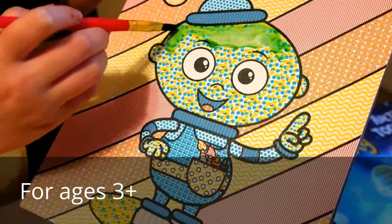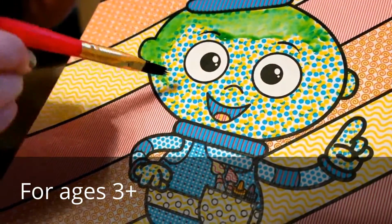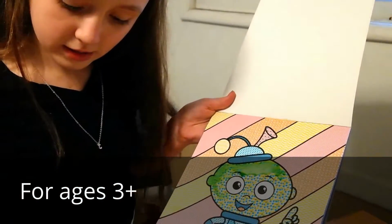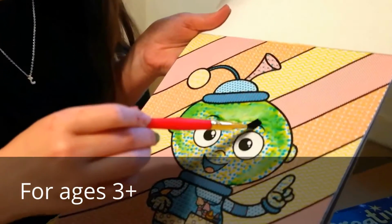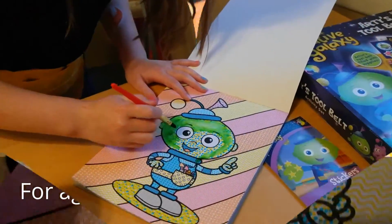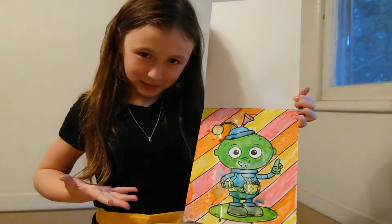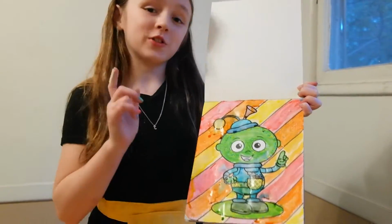See? Since yellow and blue, when they mix together, make green. So that's why. So cool. I'm really liking this. Finished my masterpiece. Parents, when your kids finish any masterpiece from this book, you're gonna have to put it up